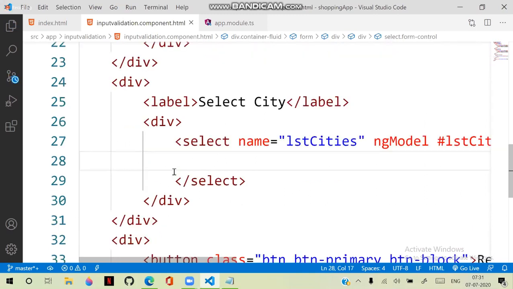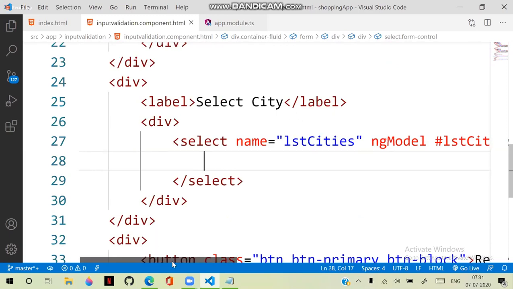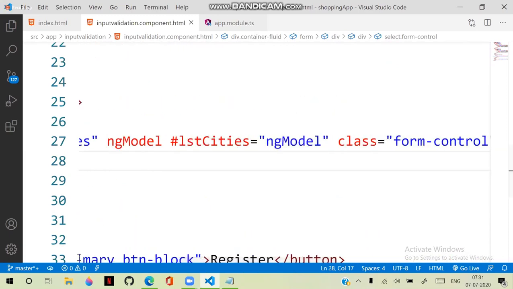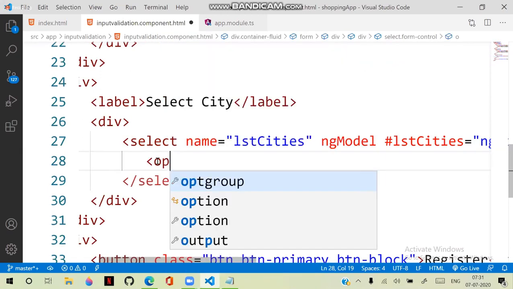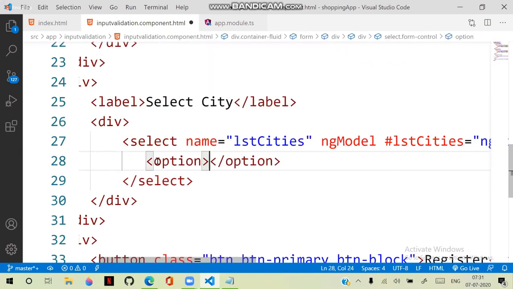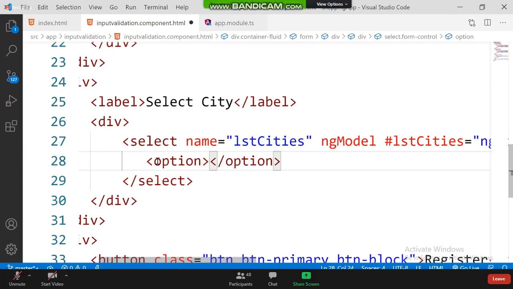Now here we need to display, here we need to configure, yeah. So options. First option is choose